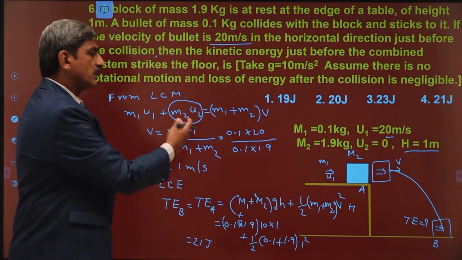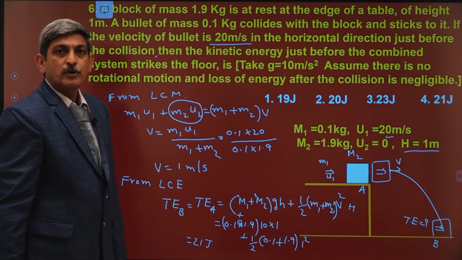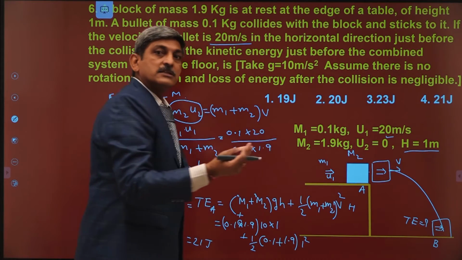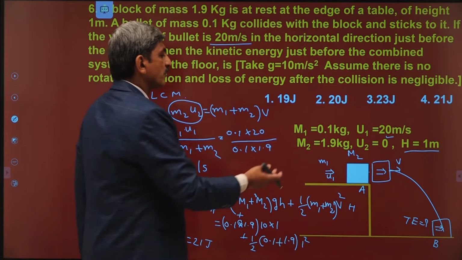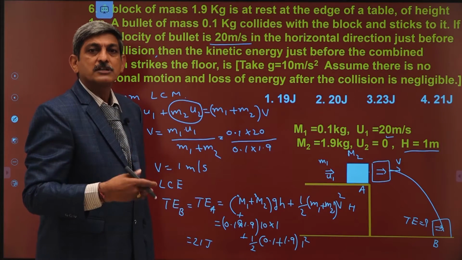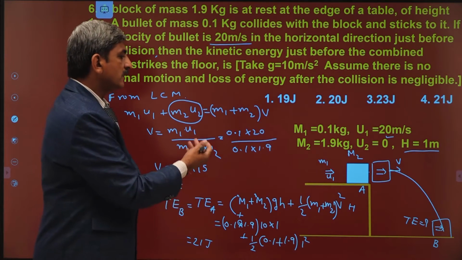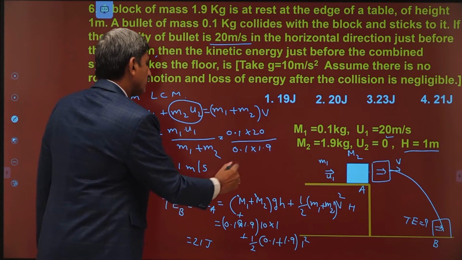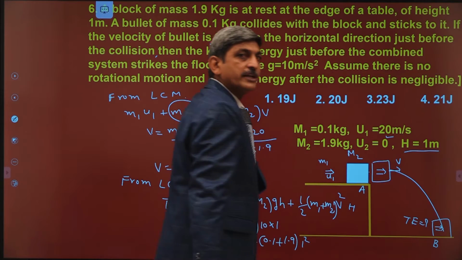Okay, so this problem involves two concepts, so it is a somewhat moderate problem. That too, the values are given for easy calculations. That's why we can solve the problem within the time. If the values were not given like this, the calculations would become somewhat complicated, so it takes a lot of time for solving in the examinations. Right? First, by using the law of conservation of momentum, we determine the common velocity value. Then by applying the law of conservation of energy, we determine the total energy when the body reaches the floor.